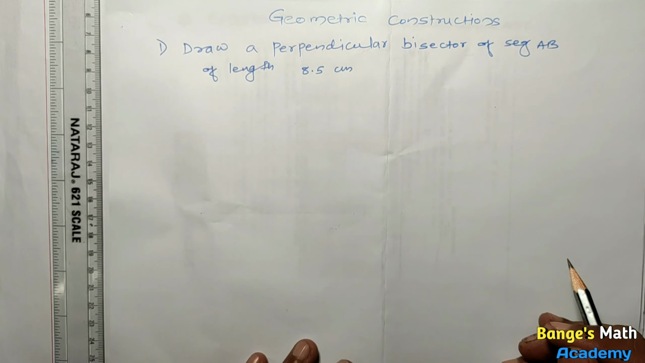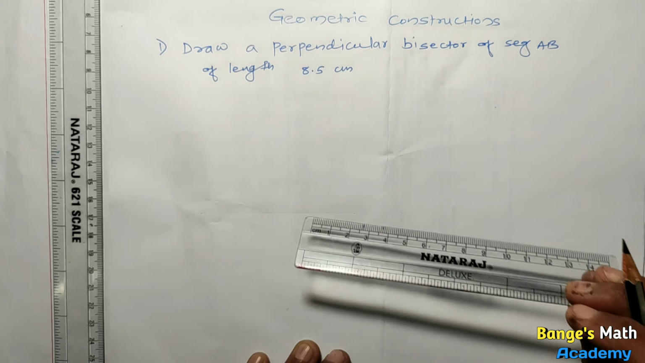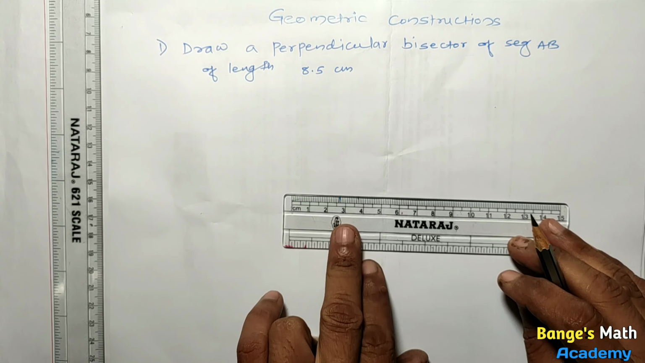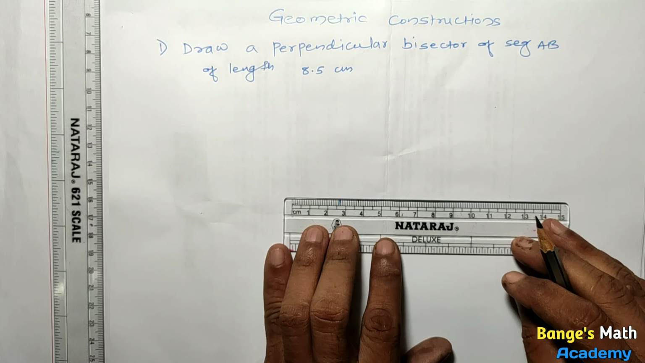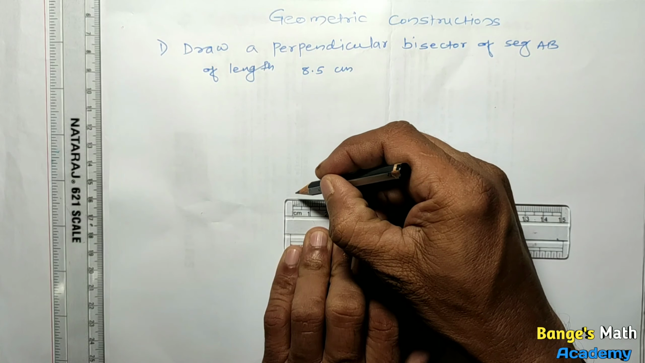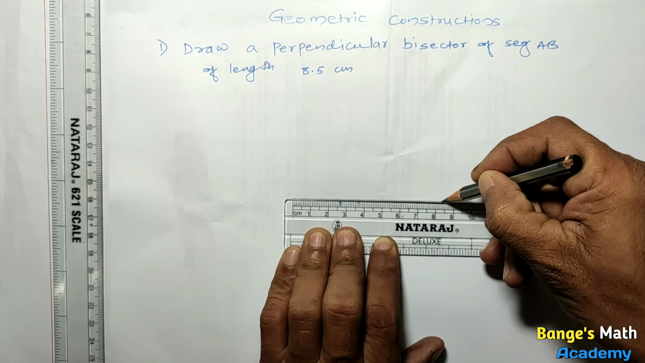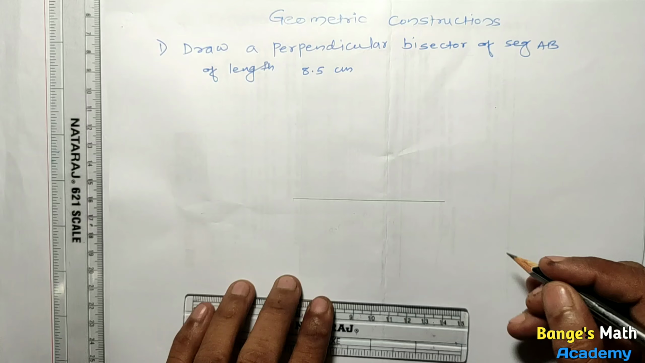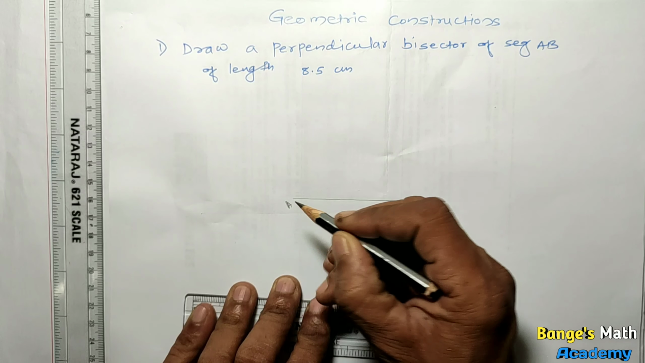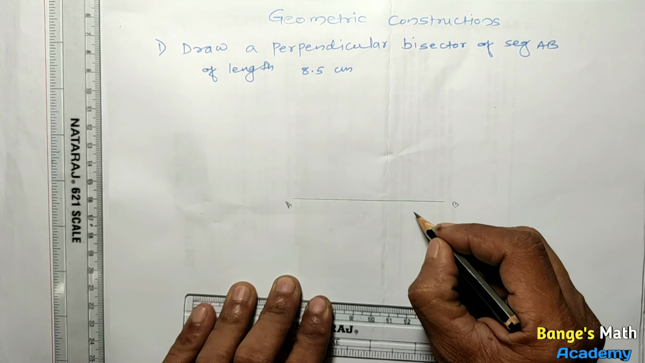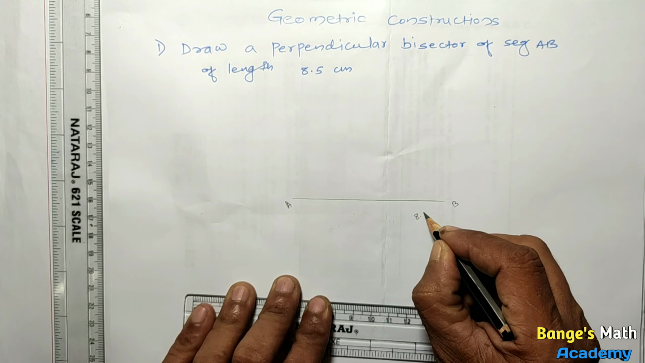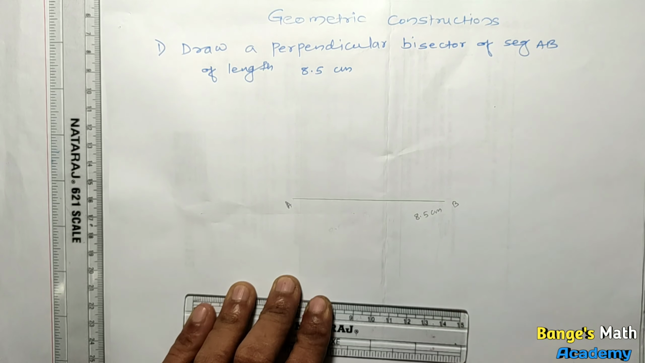Draw a perpendicular bisector of segment AB of length 8.5 cm. With the help of a ruler, draw segment AB of length 8.5 cm. We have to draw the perpendicular bisector of segment AB. So